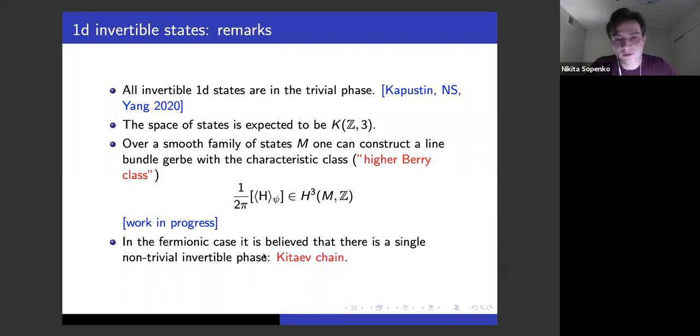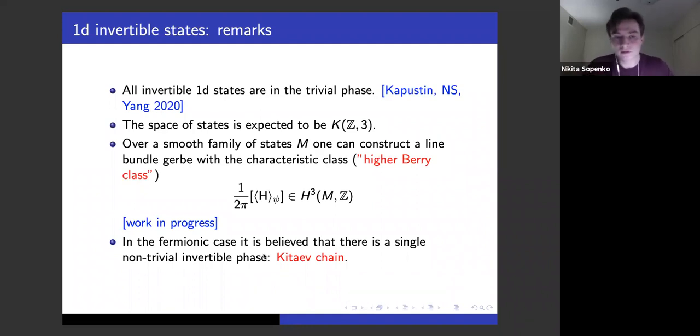But what we're able to do is to construct a certain class for a family of such states, some smooth family. We can construct a certain line bundle and some connection on this line bundle in terms of these LGAs, which describe the space of states by some local charts, and construct a certain class. We call it the higher Berry class because it generalizes the usual Berry line bundle, but there is no canonical curvature in this, so there is always some choice. But the class itself is canonical.